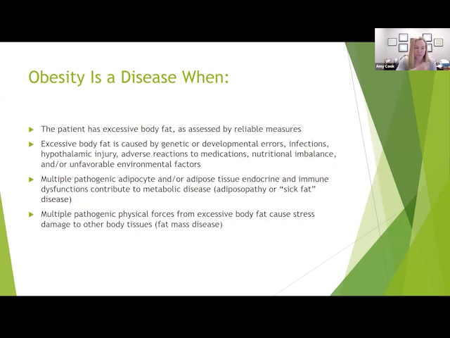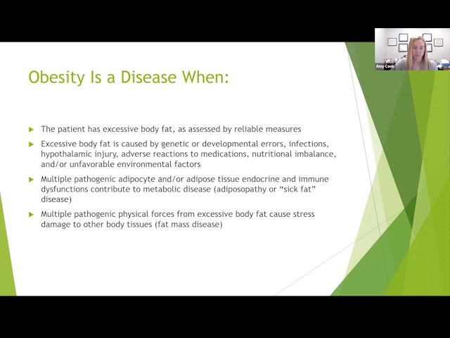So obesity becomes a disease when we're able to diagnose it, which most commonly we diagnose by the body mass index or BMI. I'm not going to go into that in detail, but there are other ways to diagnose obesity, but they can be more time consuming and also more expensive. So we'll be more referring to the BMI as the cheap and fairly reliable source of diagnosing obesity.